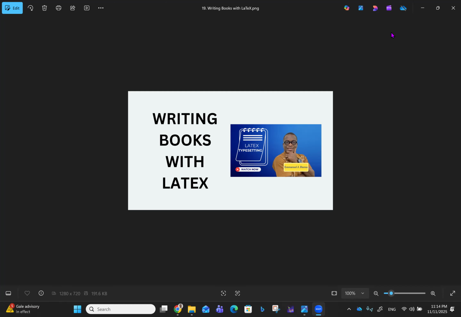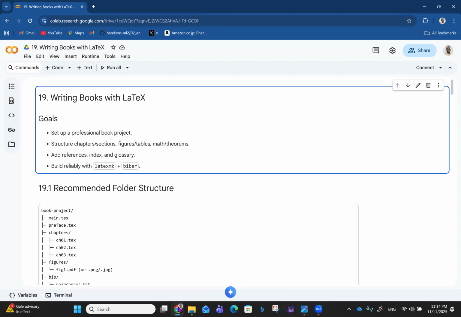In the last video, we talked about how to write letters with LaTeX. Here, we want to see how we can write books with LaTeX. If you remember when we started out, we talked about different document classes, like article. We saw possible document classes like articles, reports, books, Beamer, and then there's the possibility of having customized document classes. So in this case, we'll be exploring basically the book document class and some other things we might consider in